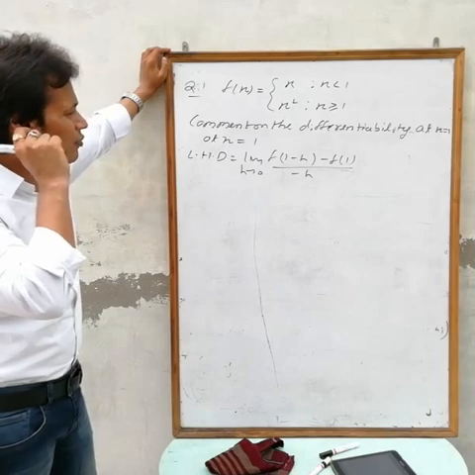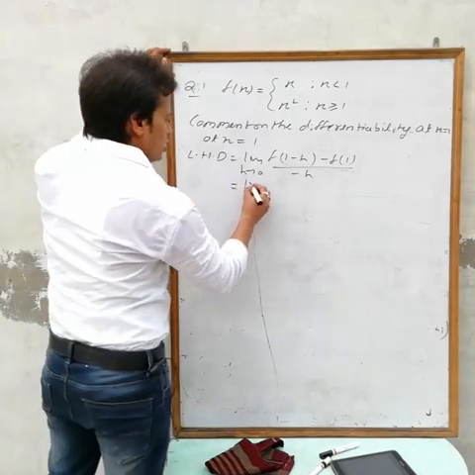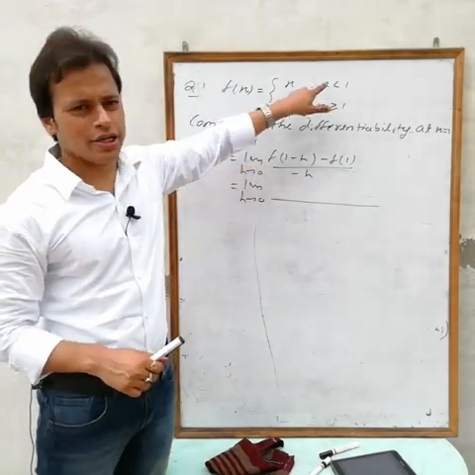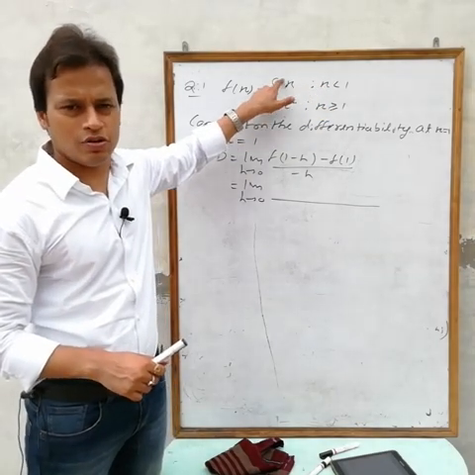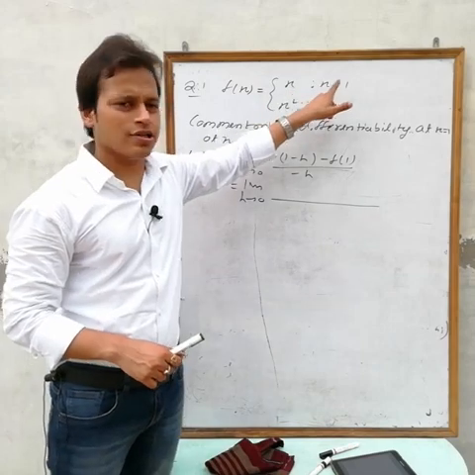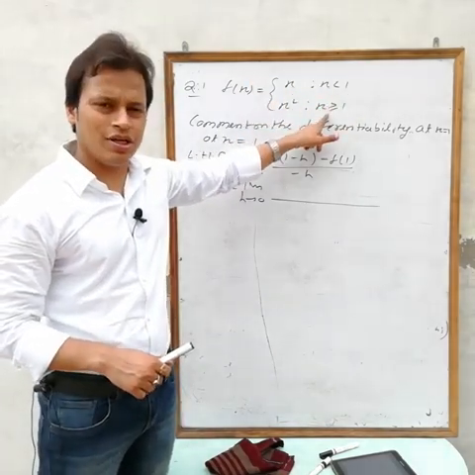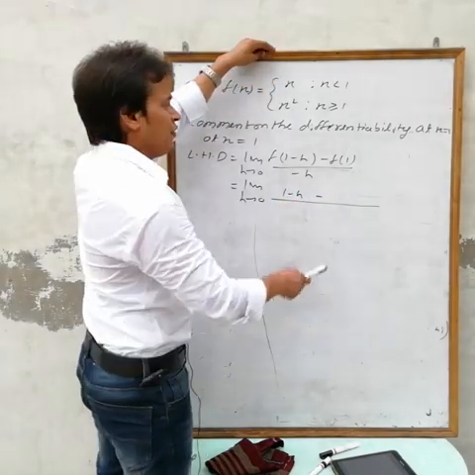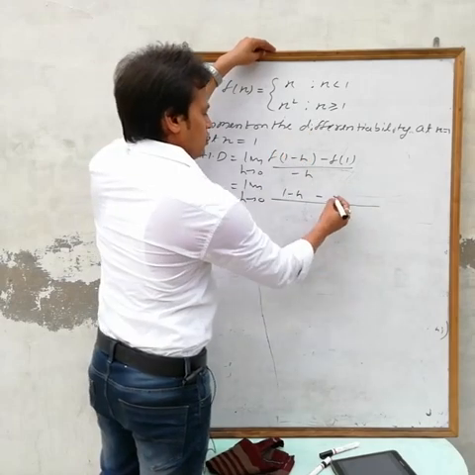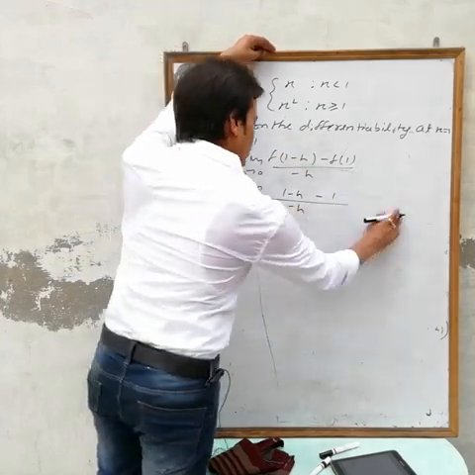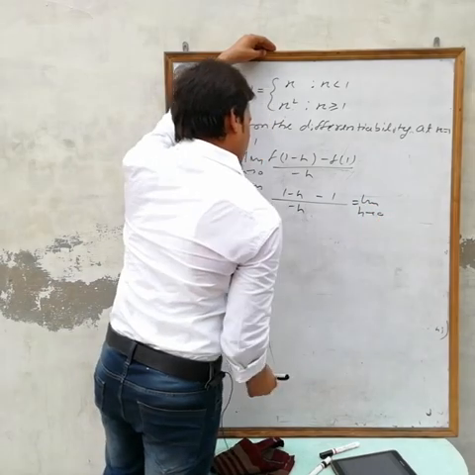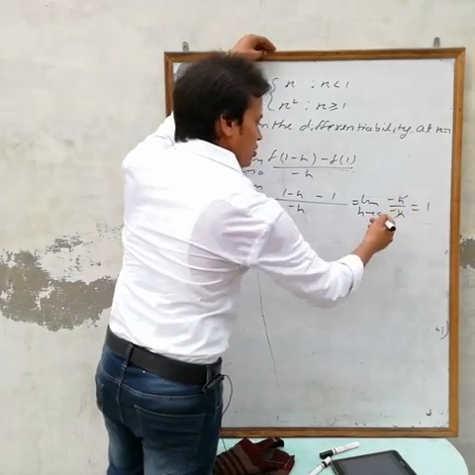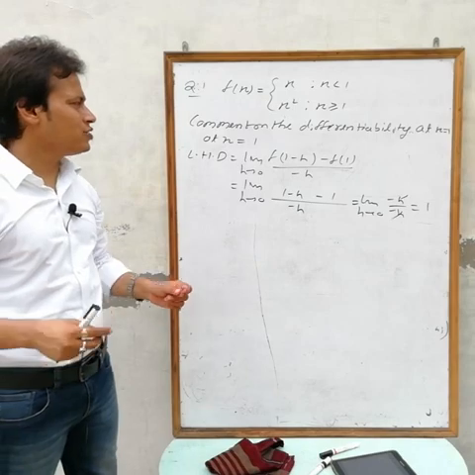Now find the value of f(1 minus h), limit h tending to 0. Here x is 1 minus h, it means less than 1, right? Then the value of f(x) equals x if x is less than 1, and x squared if x is greater than or equal to 1. Here x is less than 1, so put in 1 minus h minus f(1), and f(1) is 1 from the second piece, minus h. What we are getting is the limit h tending to 0: 1 cancels out, minus h by minus h, we get 1. So LSD we are getting 1.